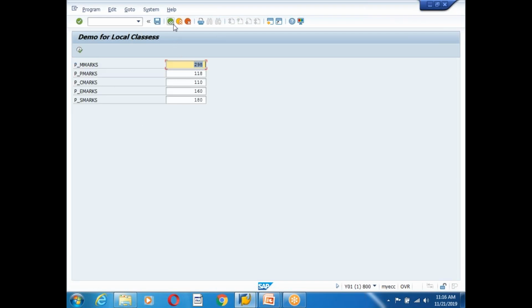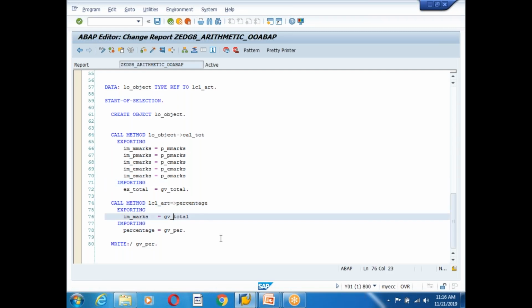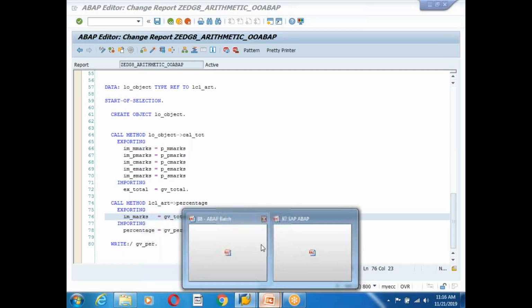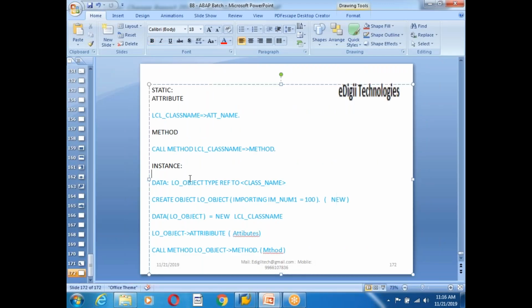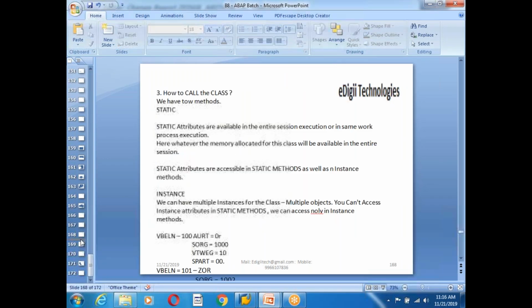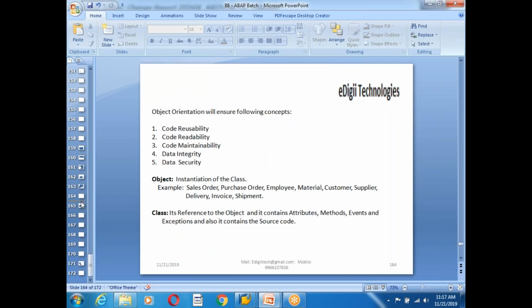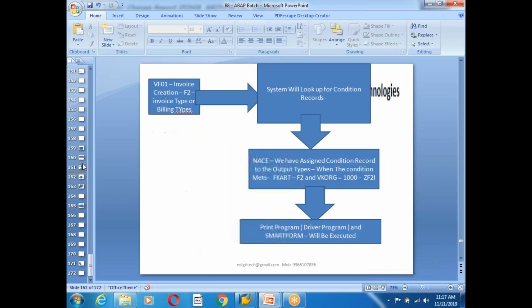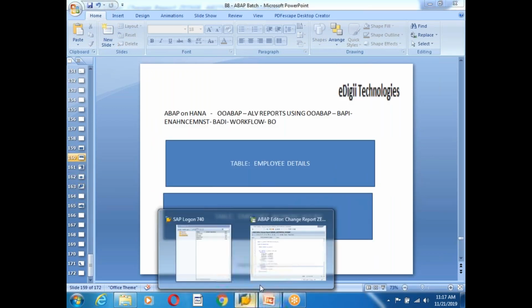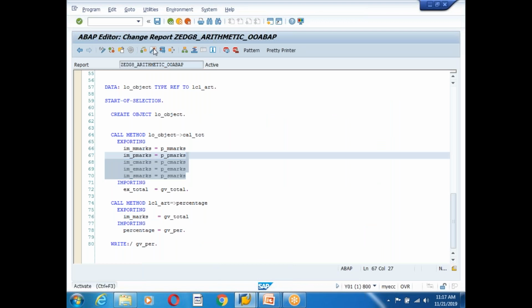So this is how to call the instance and how to call the static, guys. That's what we have seen now: how exactly the static works, how exactly the instance works. That's the difference between the static and instance. Now we are going to do these kind of things. We did a simple thing maybe. So what I am going to use from here is